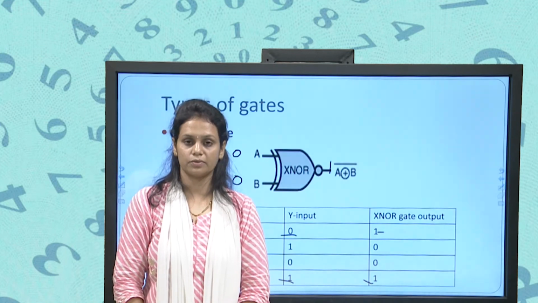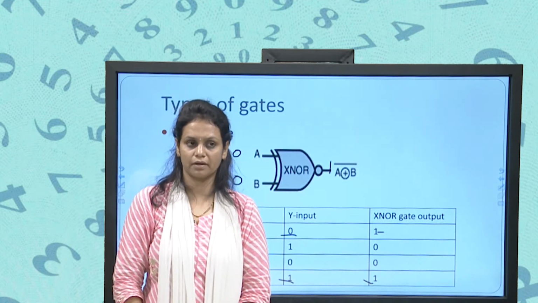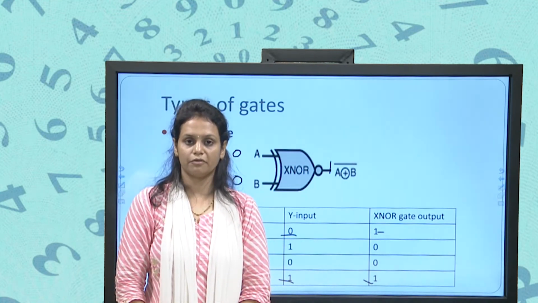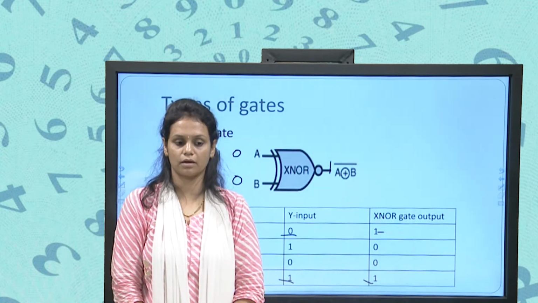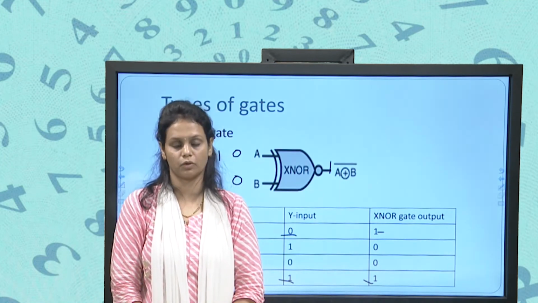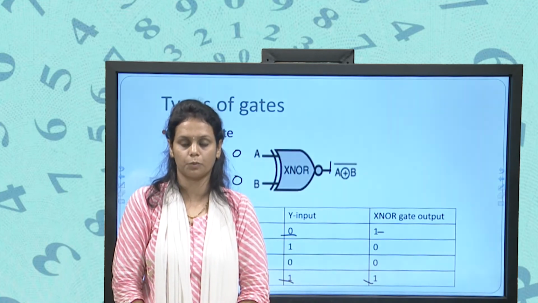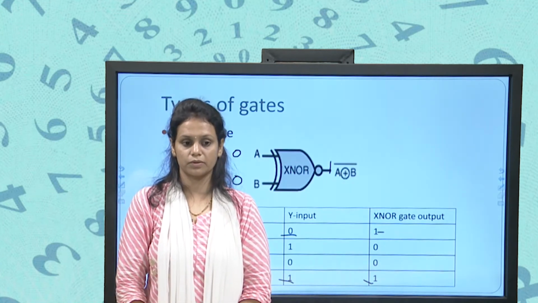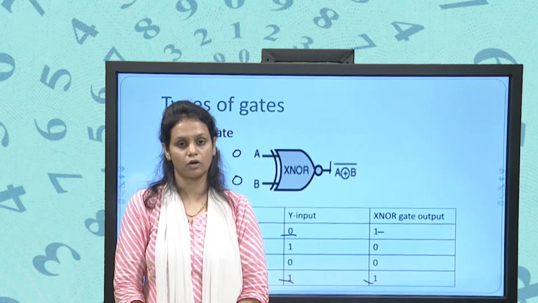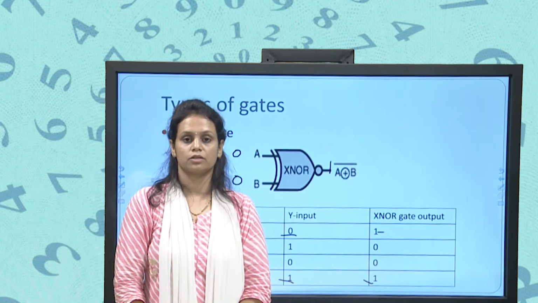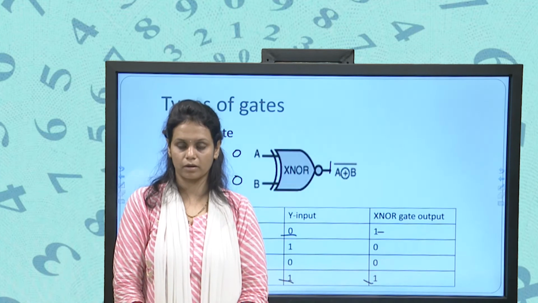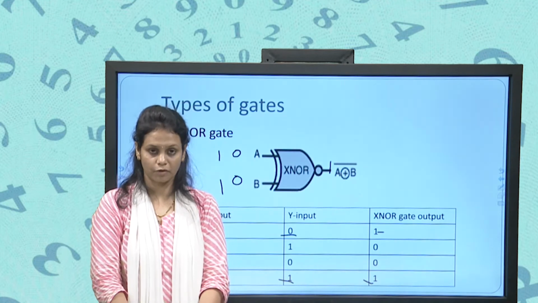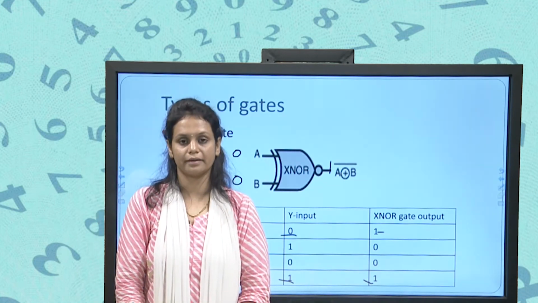Fine. Then we have seen the NOT gate. The NOT gate is different in that it accepts only one input. If the input of the NOT gate is 1, the output is 0, and if the input is 0, the output is 1, right. Next we have seen the XOR gate, and then the combination of the AND gate and NOT gate, that is the NAND gate. In that case first we perform the AND operation and then the NOT operation. Then we have seen one more gate, that is the combination of the OR gate and NOT gate.